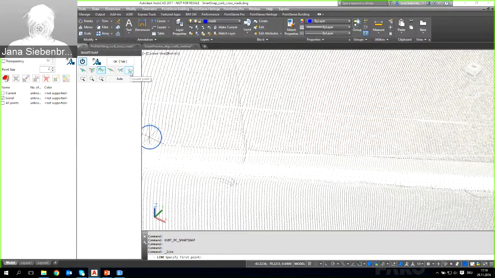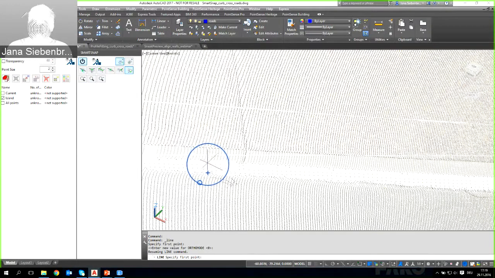point within my search radius. So I enable the lowest point snap, and we have 2 options: the projected lowest point and the real lowest point. So now the projected lowest point is enabled, and this is also what I really need. Let me just increase the search radius a little bit, and you can see